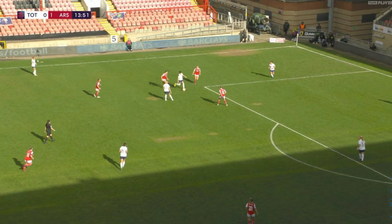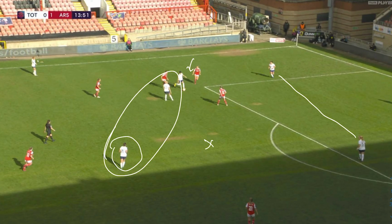And so we've got the two set up at the back. We've got Neville coming inside, having been pressed inside, and Sumanen and James are trying to provide an option. They do try and vary this later in the game with Drew Spence. She'll become a centre midfielder, but alternatively you can have just James as the anchoring centre defensive midfielder, with Sumanen pushing higher up, just as she did in the Leicester game, allowing Spence and Sumanen to essentially play as